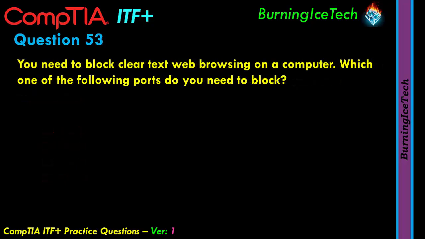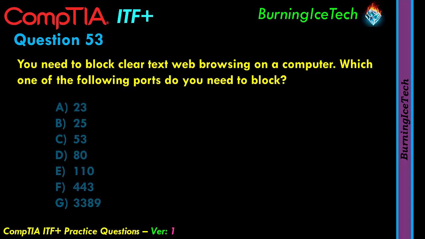Question 53. You need to block clear text web browsing on a computer. Which of the following ports do you need to block? Now, if you don't know what they mean by clear text, that means when the user is doing normal web browsing, if there's someone in the middle intercepting this communication, they will be able to see what you're doing and where you are browsing on the internet. If you are doing encrypted web browsing, then they would not be able to see what you're doing. But clear text, that's the